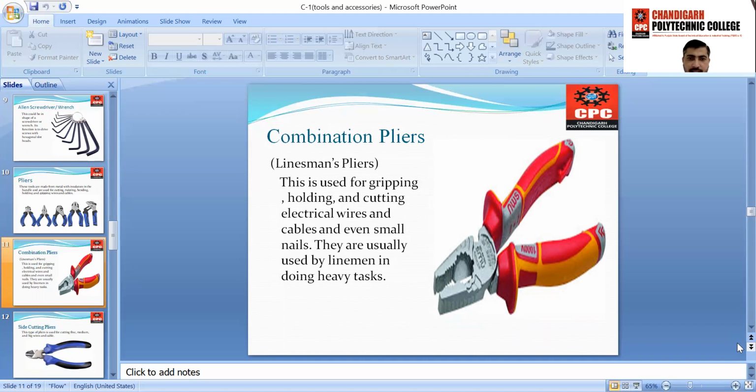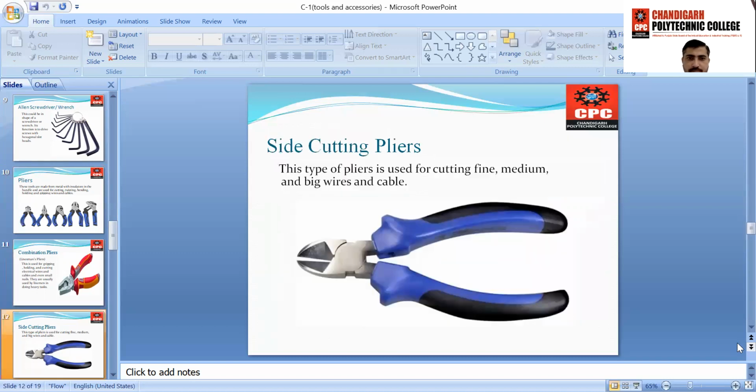They are usually used by linemen in heavy tasks. The next one is the side cutting plier. As per its name, this type of pliers is used for cutting fine, medium, and big wires and cables. When we remove the insulation from the conductor or wire, this tool is used the most.